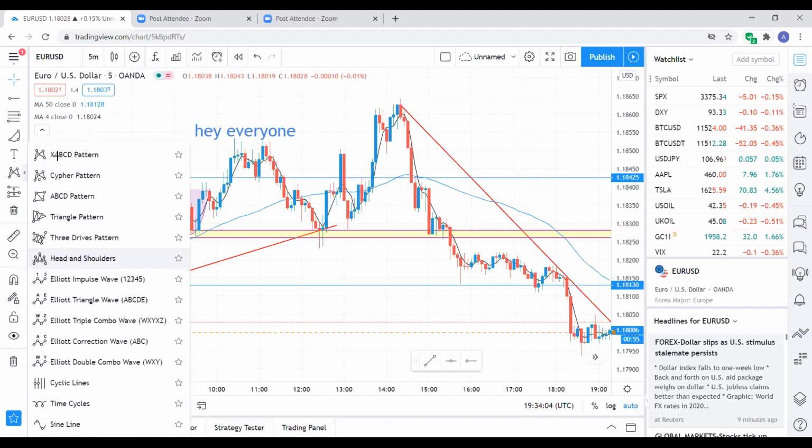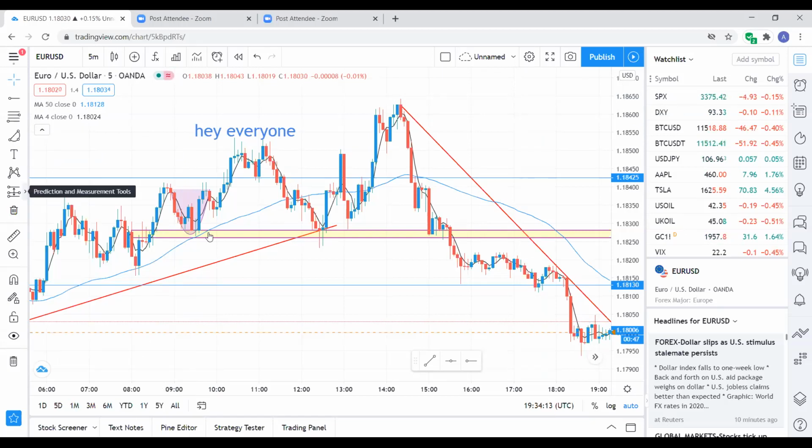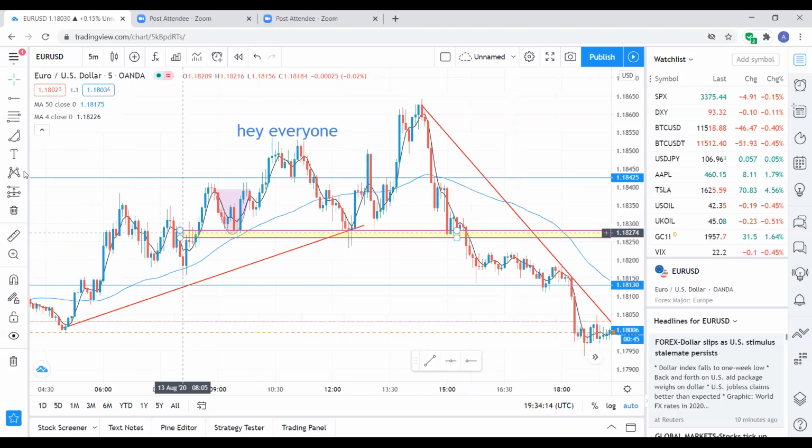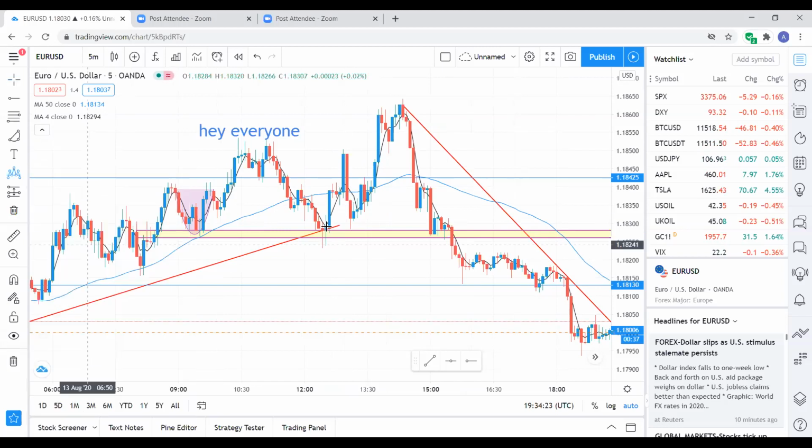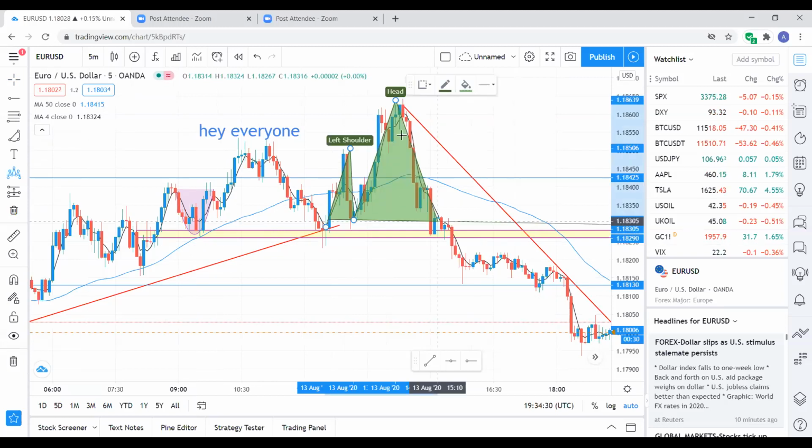Okay. When you come here, right now I can actually find a pretty good pattern that I can show you. This one is not the same size, but let me try head and shoulders on it. Try this one. It's not clear. Actually, this one is very small, so it's cramped, but it's close to a head and shoulders, and you understand the idea. If you want to change the color,